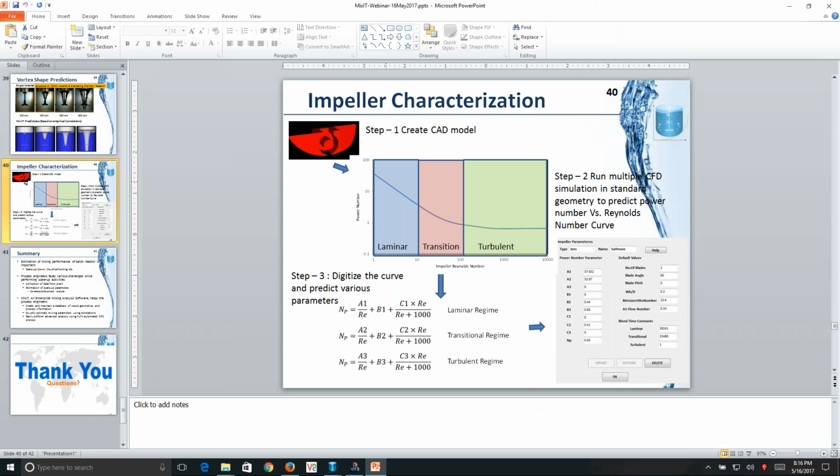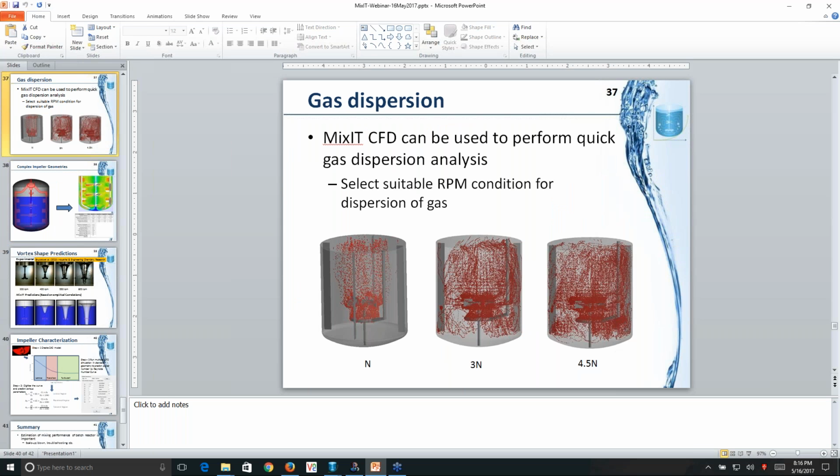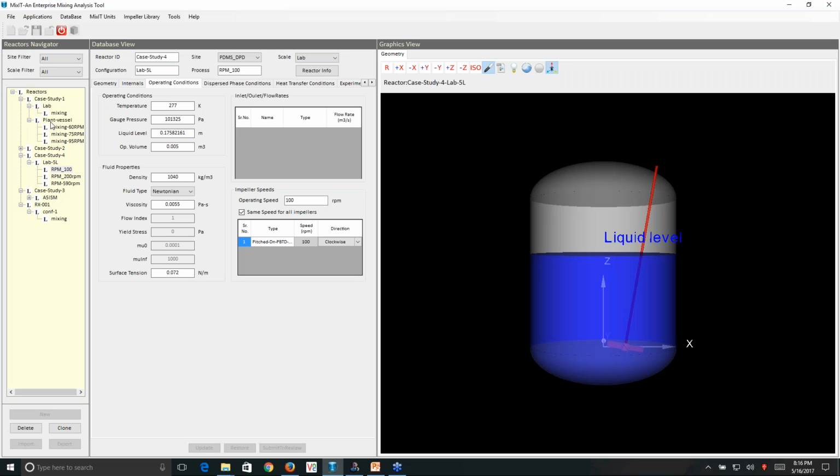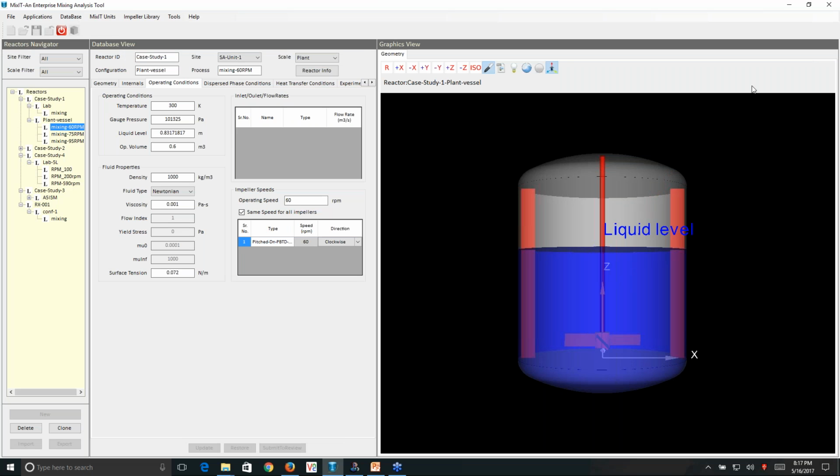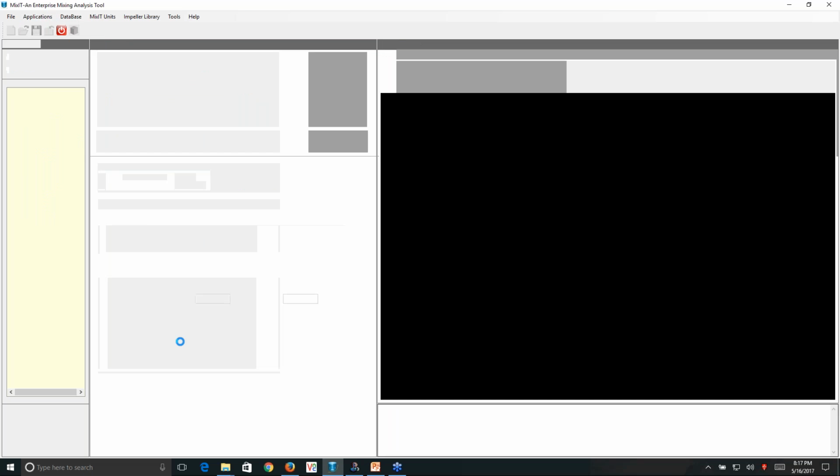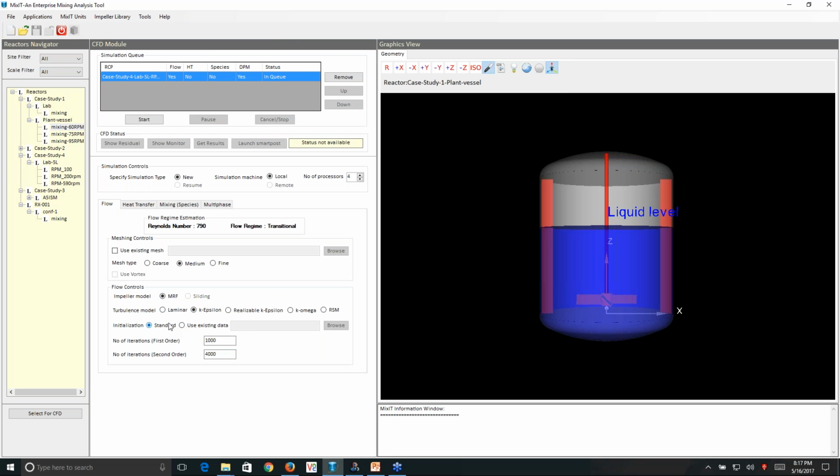As I indicated, we have various viscosity models available for the user to define. Mixit CFD is being optimized to handle highly viscous conditions at low Reynolds number, from laminar to transition and to turbulent conditions. So we can handle various fluid rheologies, and based on the Reynolds number estimate, all the various models are available to address the requirement for laminar flow, as well as various different turbulence models to address the turbulent flow regimes.